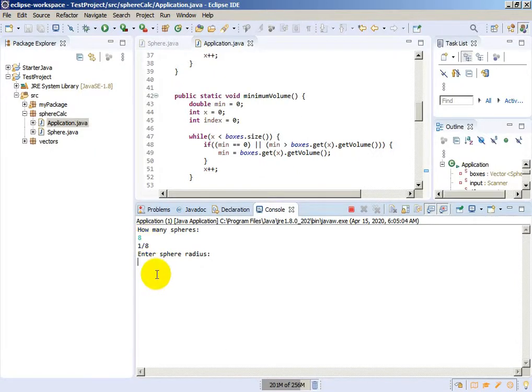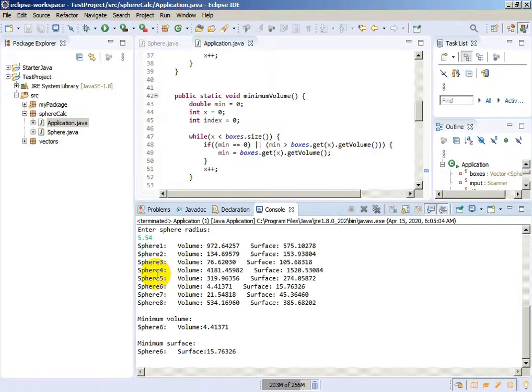Let's type 6.765, 3.5, 2.9, 11, 4.67, 1.12, 1.9, 5.54. As you can see, now we have these 8 spheres, and minimum volume is the sphere number 6,